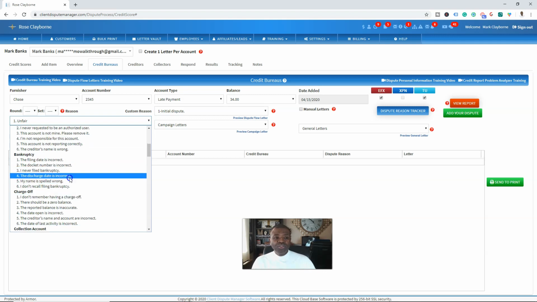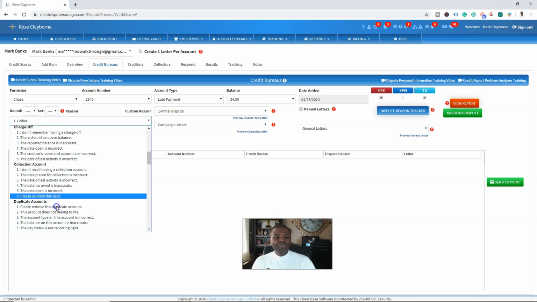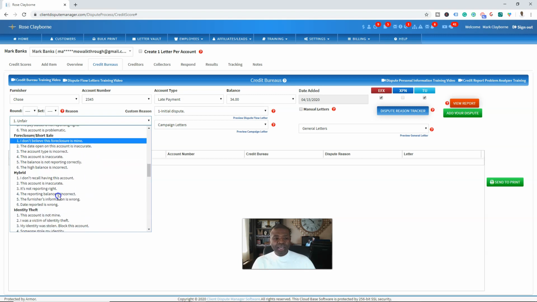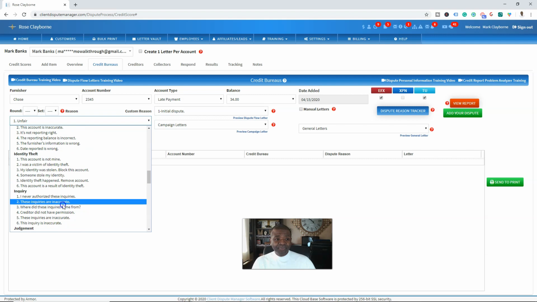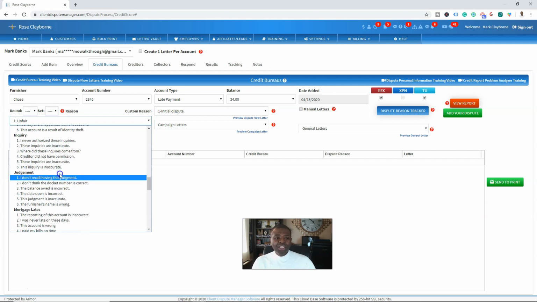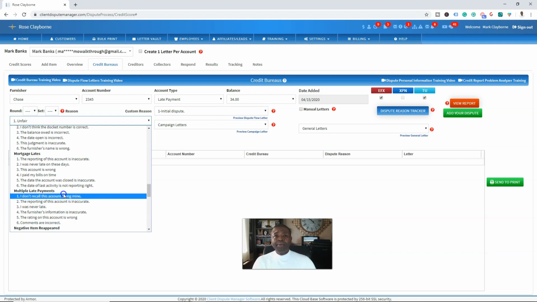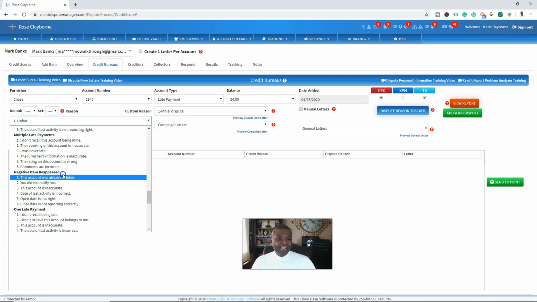These reasons right here are specifically for certain inaccurate items like bankruptcies, charge-offs, collection accounts, duplicate accounts, foreclosure, short sales, high bird, identity theft, inquiries, judgments, mortgage lates like late payments for the mortgage, multiple late payments, that means multiple late payments 30 days after 30 days, negative items reappearing on the credit report after they were deleted. These are various dispute reasons that you can use, but make sure that you're matching these default dispute reasons